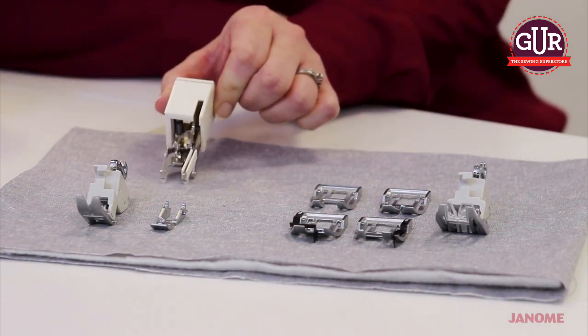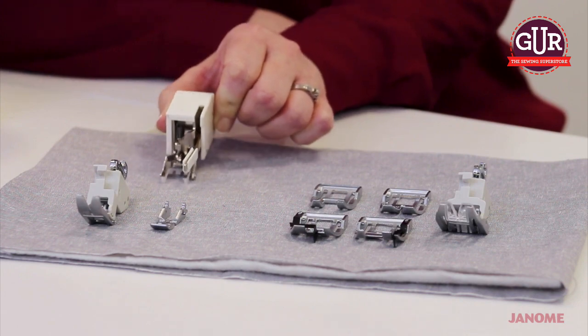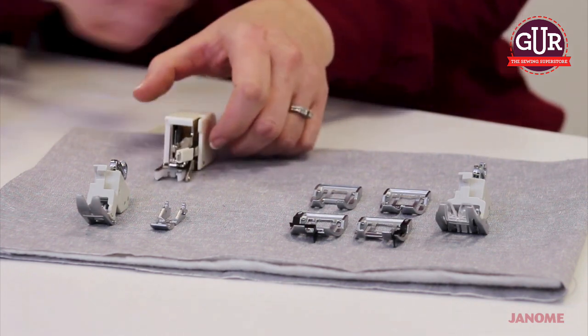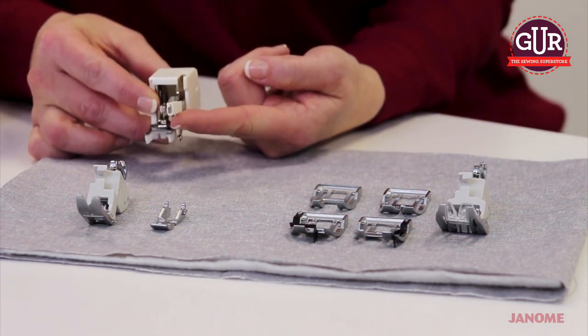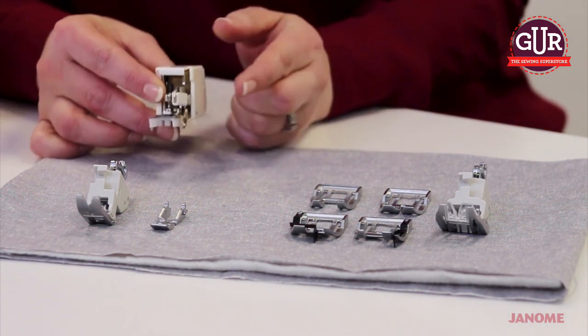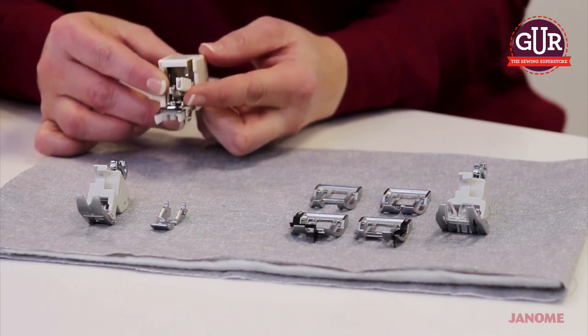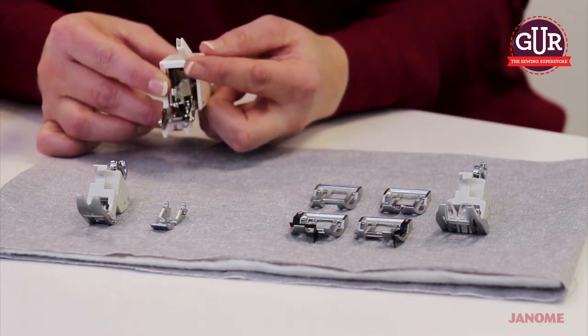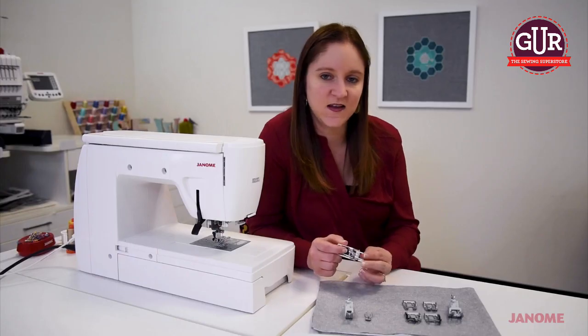It's a standard walking foot. We also sometimes call it an Evenfeed foot. The way that this foot works is this lever right here sits on top of the needle bar when you put it on your machine, and anytime the needle goes up and down, the needle bar goes up and down, and this tells the Evenfeed foot to raise and lower the extra set of teeth that are on the top